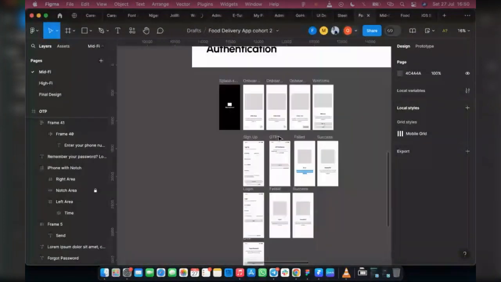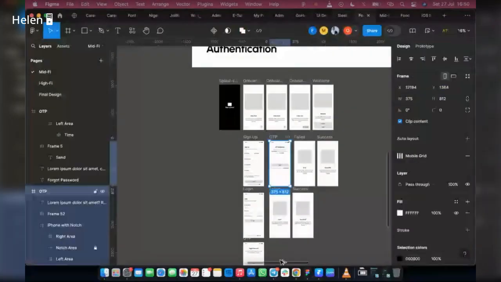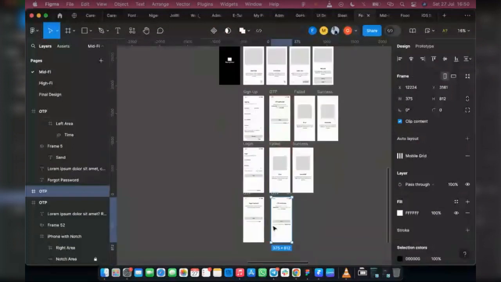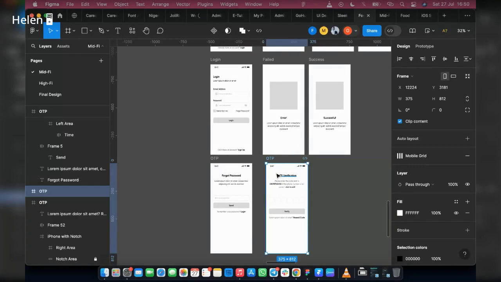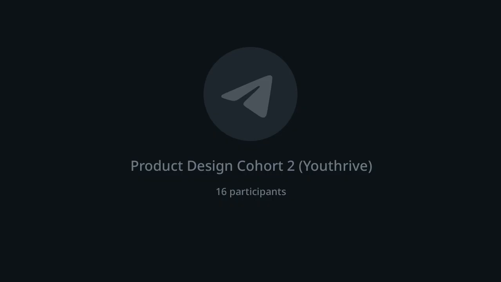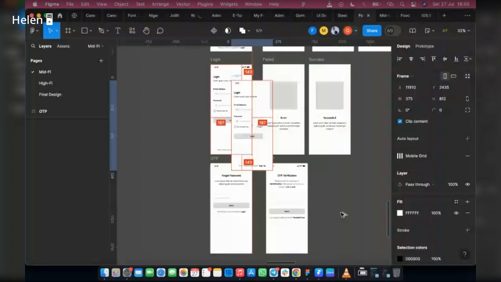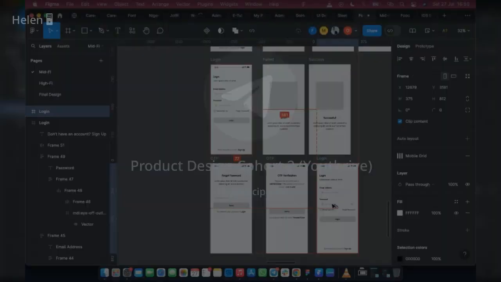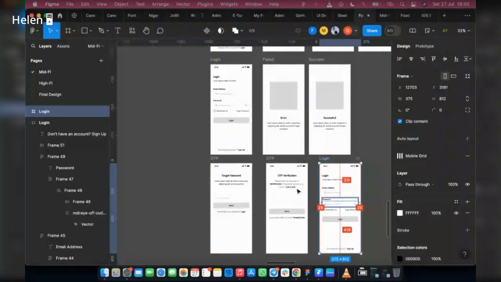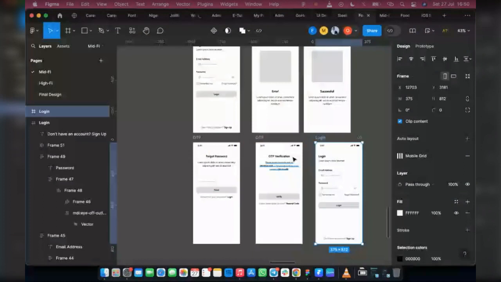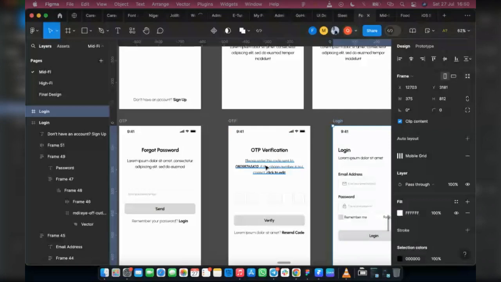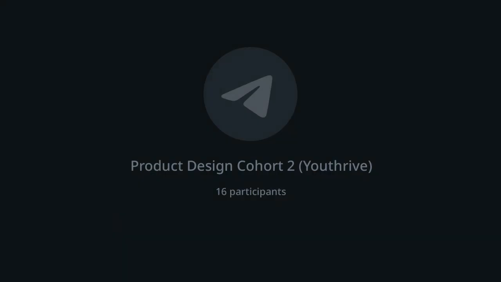All we have to do is just duplicate this here. And this is good to go, and we're going to duplicate this here. So once we duplicate this here, we are good to this, we are good to this. Okay, we're going to have a success screen. So we're going to change the text here. Okay, we should give them the ability to edit the phone number. No, they should be able to,